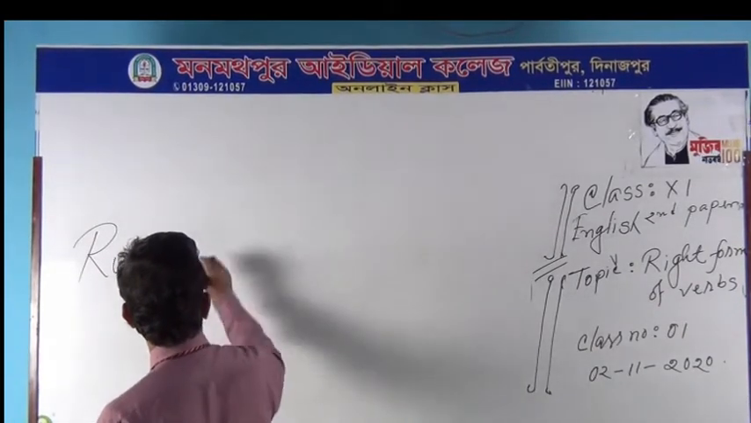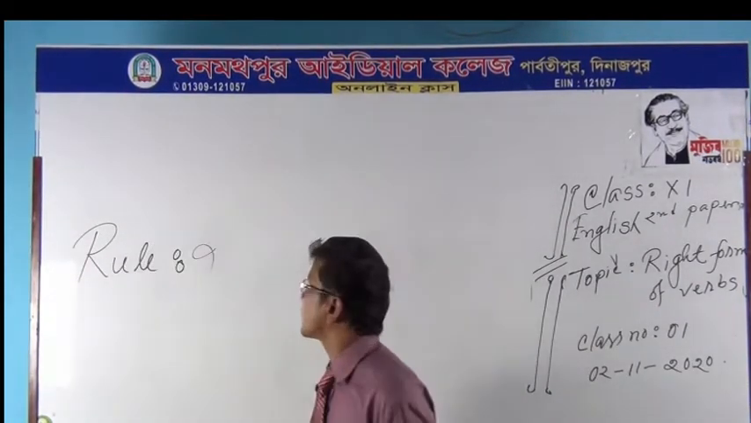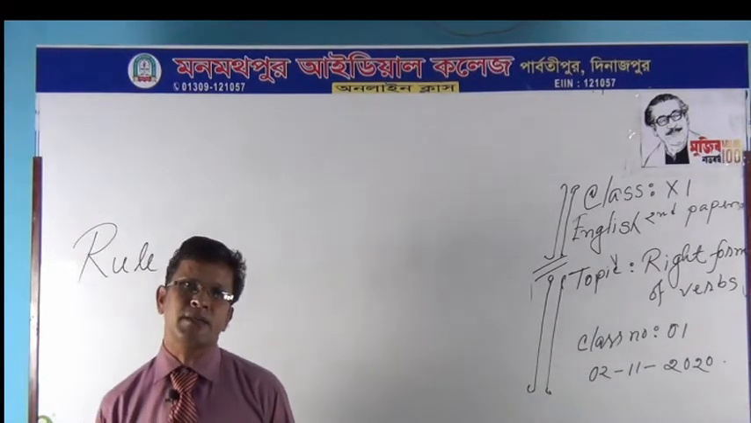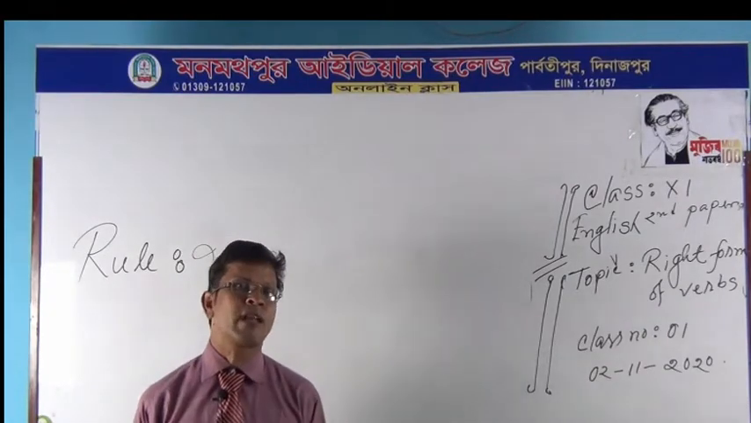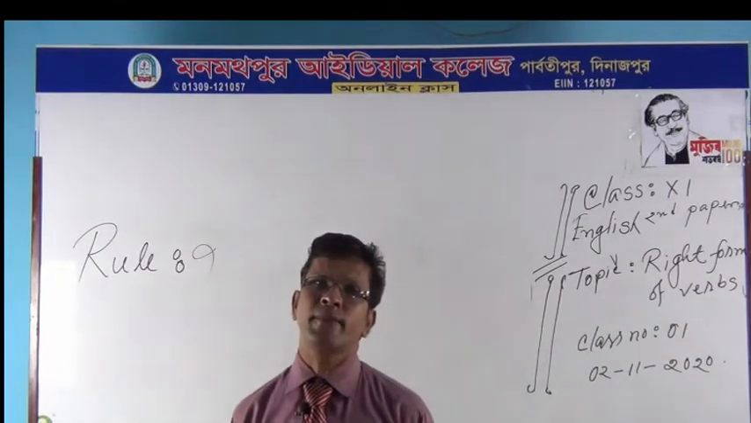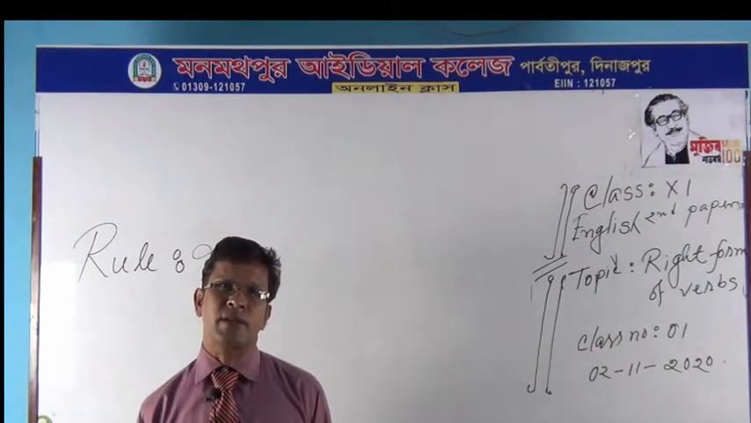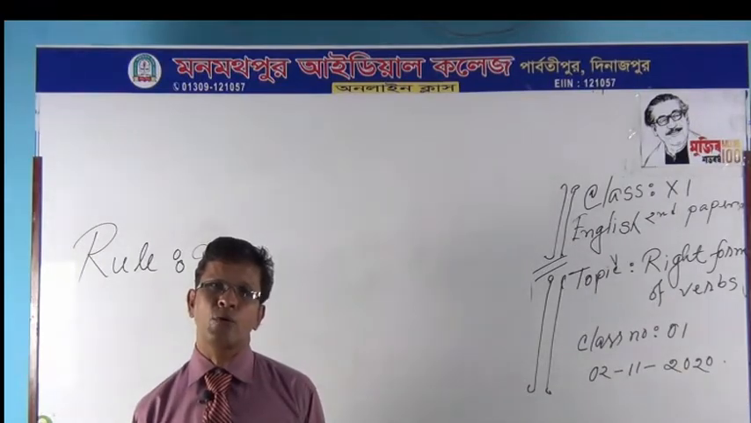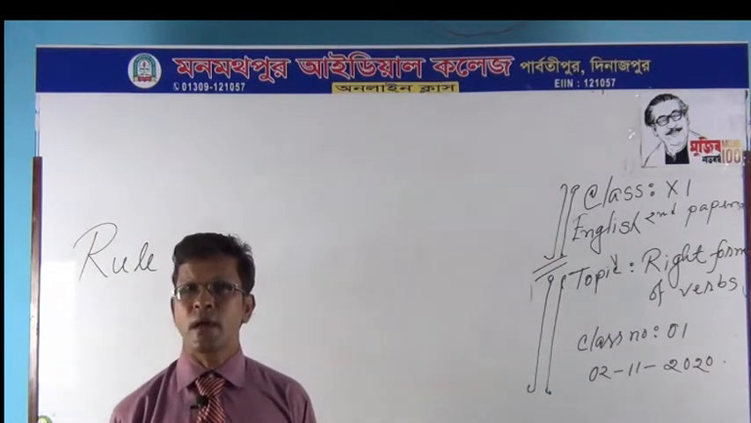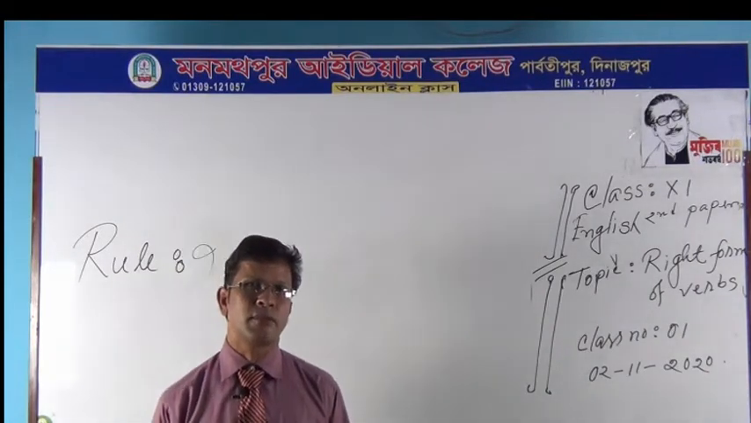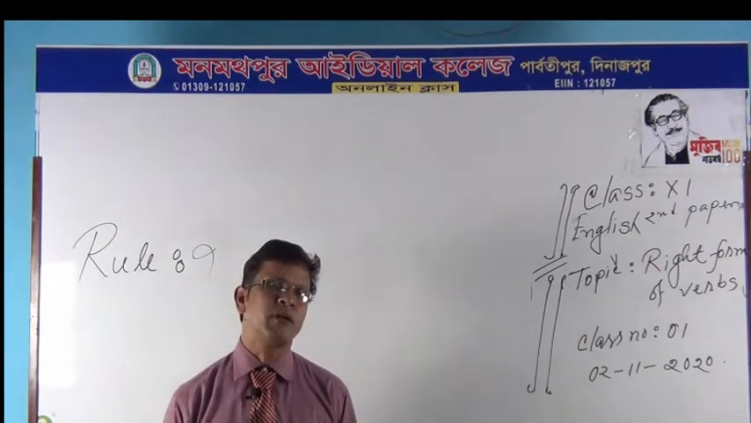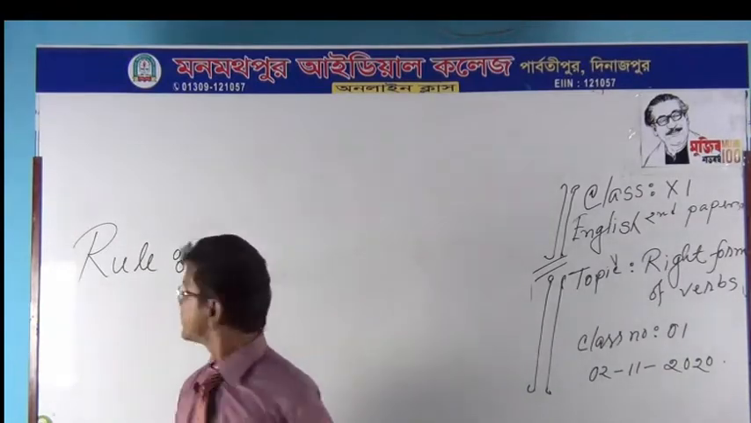Rule 9. If you find a modal auxiliary just before the principal verb of a sentence, you will use the base form or present form of the principal verb. Once again, if you find modal auxiliaries, for example, can, could, shall, should, will, would, may, might, must, and if you find the principal verb just after these modal auxiliaries, you have to use the base form of the principal verb. For example,